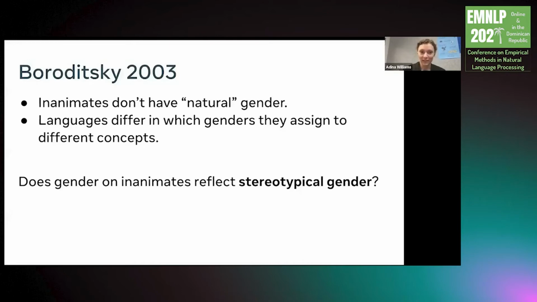Of course, inanimates like tables don't have any natural gender. They don't have gender identities, clearly, because they're not conscious. There's not really a cultural relation between tables and people. It's hard to know what that would be. And another reason to think that there's not at least a standard relationship between stereotypes on people and inanimate objects